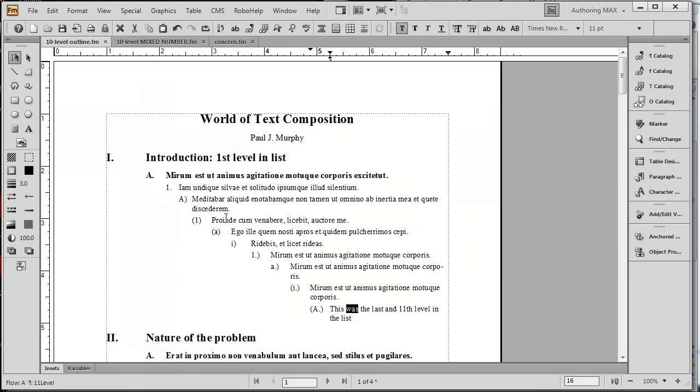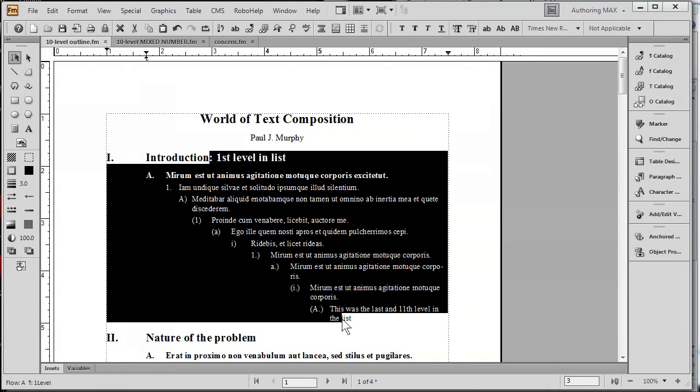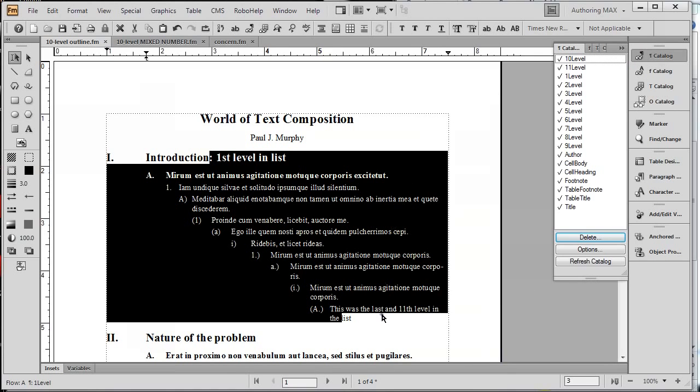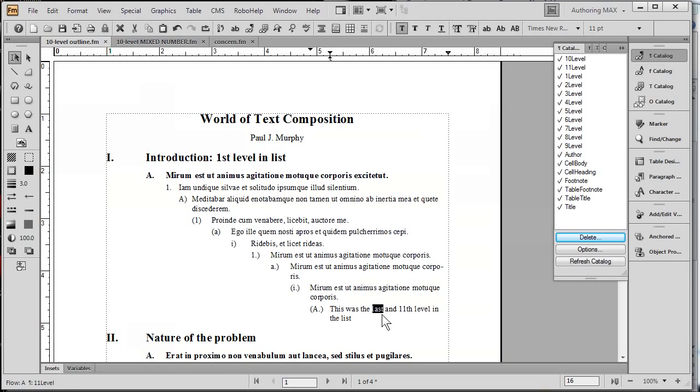First of all, the FrameMaker example we're looking at here, although it's not the prettiest document on earth, we actually have defined numbered levels that go to 11 levels, and that's not the limit. It's really just limited to the width of your paper. So to illustrate this, I'm going to go ahead and select the last item, and I'm going to change this